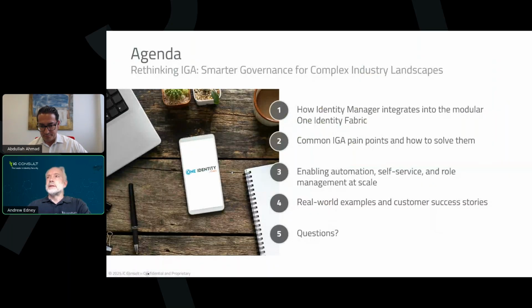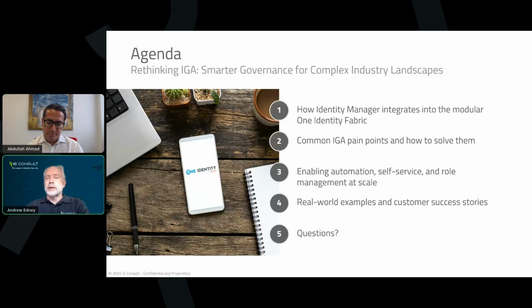So our agenda today is to look at 4 topics regarding governance. One is how the Identity Manager integrates into the modular One Identity fabric, and those who were able to watch Ollie and Stefan with the first of our webinar series would have seen more details about the identity fabric.